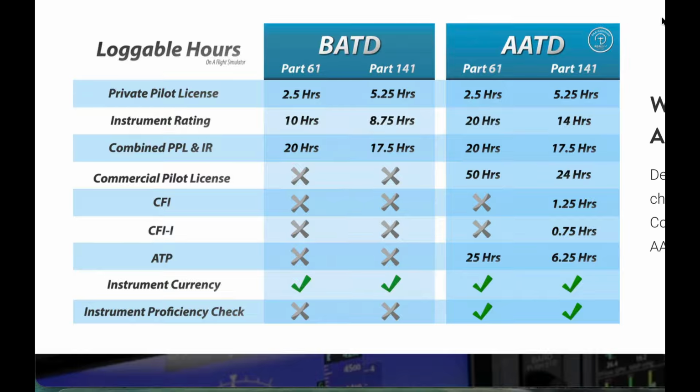But I think the biggest bang for the buck is going to be using this towards your instrument rating, especially on an AATD as a Part 61. So if you're working on your instrument rating down at your local FBO with a little flight school in a small field, you can log 20 hours. That's a pretty big deal if you can log 20 hours towards your actual instrument flying, because